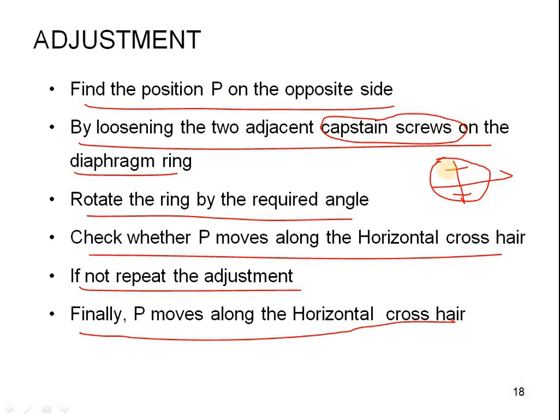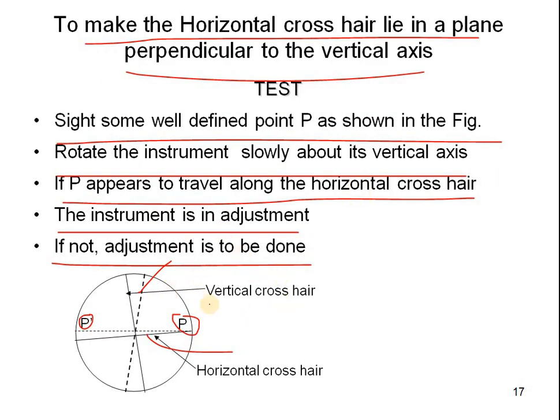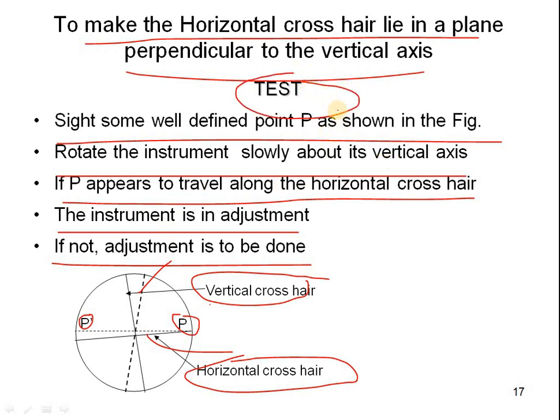So if not, what happens? The diaphragm lines are in an inclined cross position. So we can rotate this one, keeping the top of the ring there, and adjust it by the horizontal crosshair. So ideally the diaphragm will be in the center position. So this is the second setup of the instrument. In this we can see the diagram, the vertical crosshair and horizontal crosshair. So this is the main position of the test for the second adjustment test of the dumpy level.